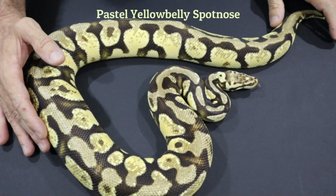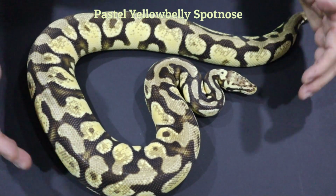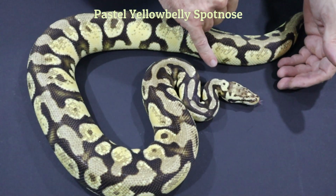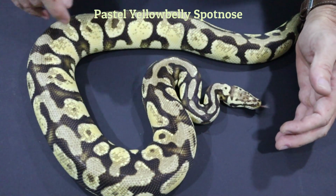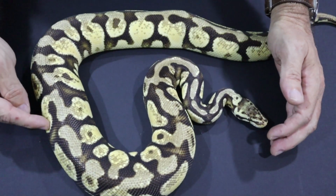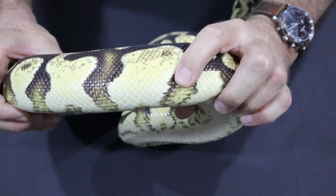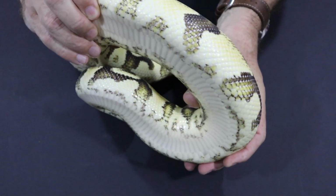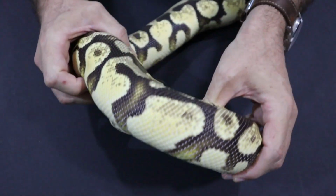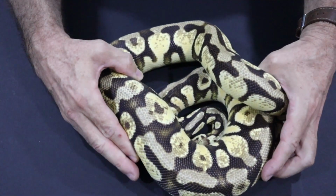This is a pastel yellow belly spot nose, no clown in this one. You can see the head pattern, the spot behind the neck. You can see the distinctive pattern with this distinctive fish hook pattern down the side here. And if we turn the animal sideways, you can see the blushing on the sides and the typical yellow belly digital edge to the belly pattern here. So this is the father, this is pastel spot nose yellow belly,